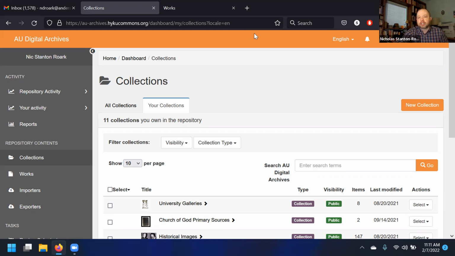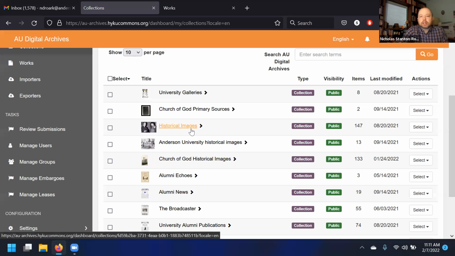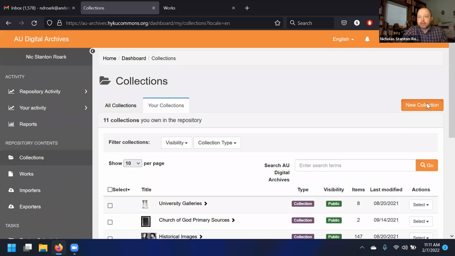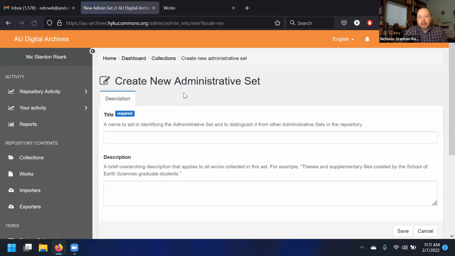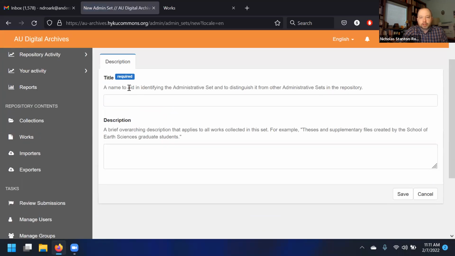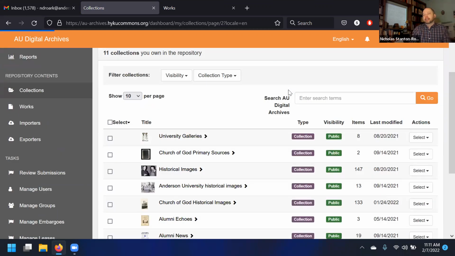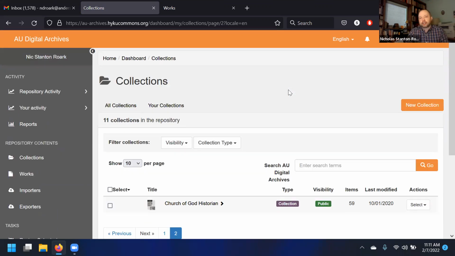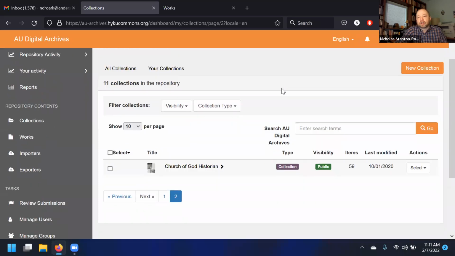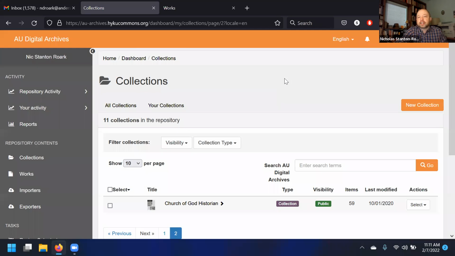Or you can take a more flexible approach and have multiple admin sets, because you can add a new collection, new admin set anytime you want. And as with other collections, you first have to give it a title and a description and then save it. And then once you've done so, you'll see the other 3 tabs to edit the admin set after its initial creation. And so you could have one admin set that you give your library professional users access to that is direct deposit, has all of the options for visibility, and another one that is catered specifically to, say, your student workers, your faculty contributors,